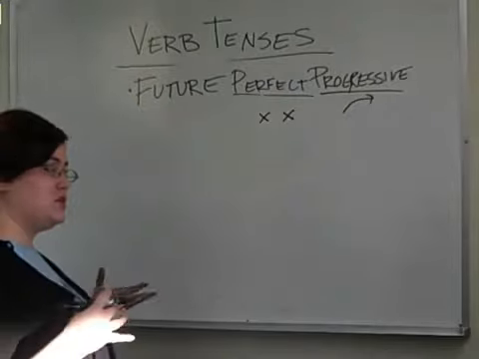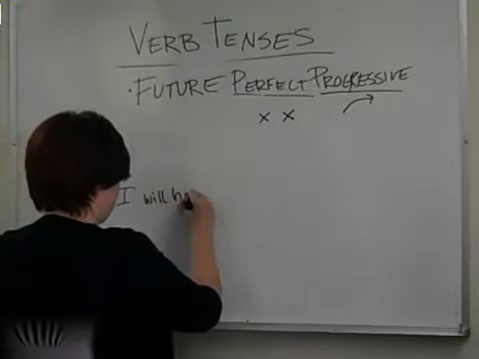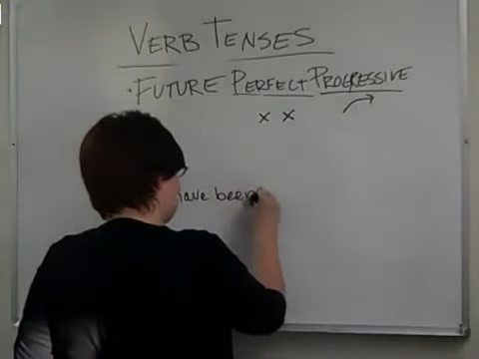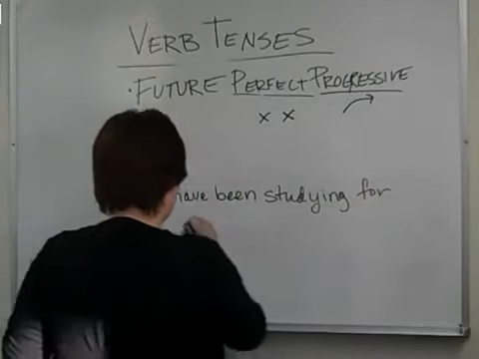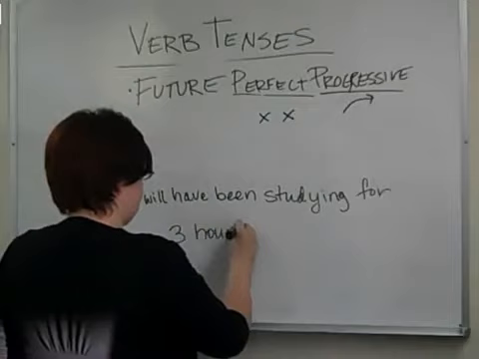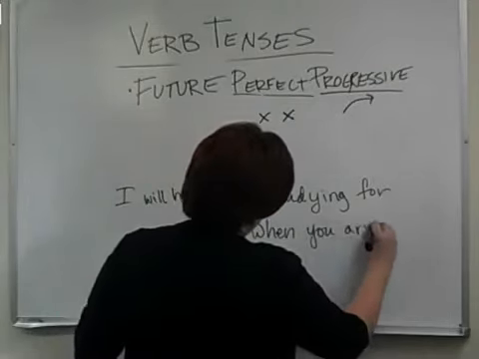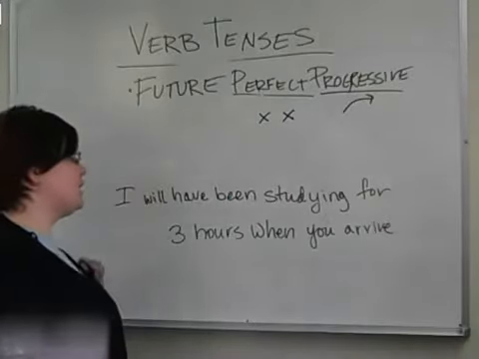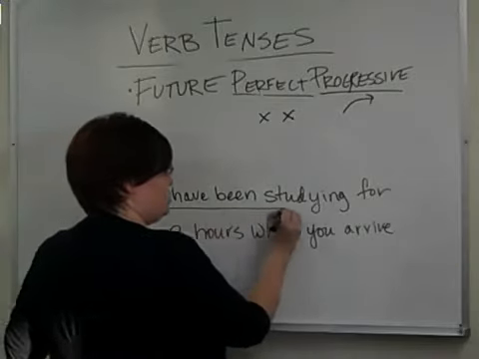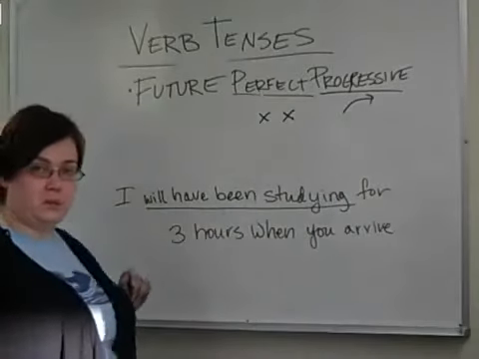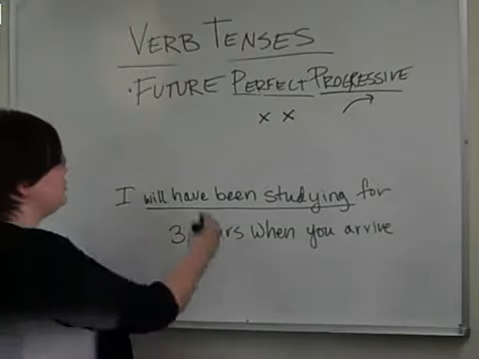A future perfect progressive tense is going to look something like this. I will have been studying for 3 hours when you arrive. This huge chunk of words right here is the future perfect progressive. This is pretty large and it looks a little complicated, but what's really going on here with the future perfect